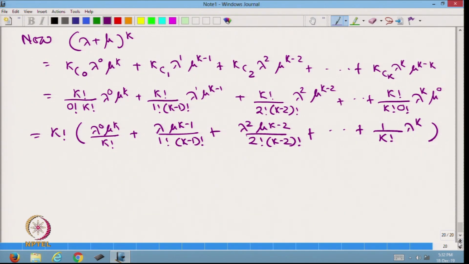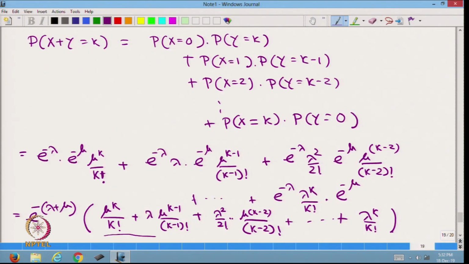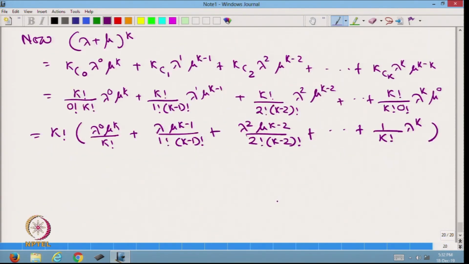Therefore, if we compare, we see that this term is nothing but the term within the bracket. Therefore,